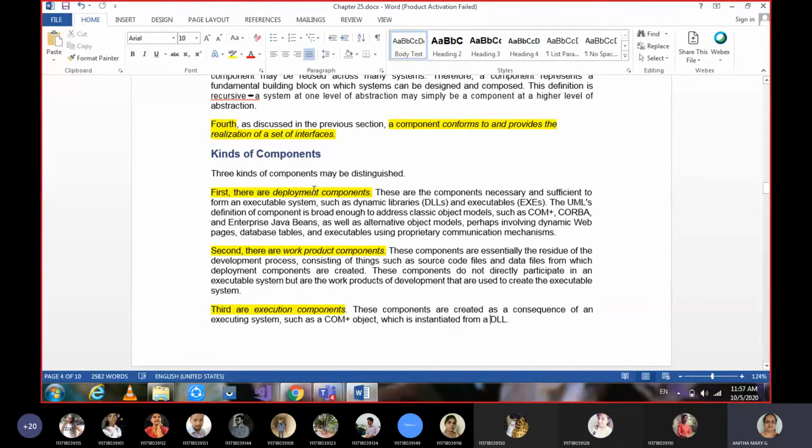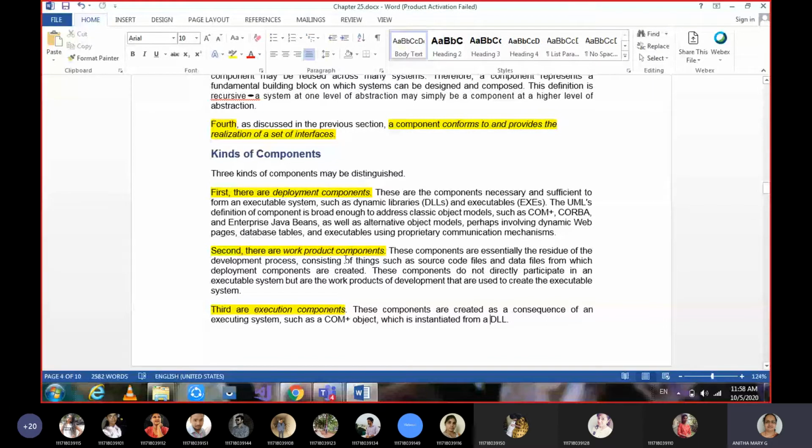At that time, the components having those contents may be .exes and .dlls only. So that's why we call them deployment components. If a component has a .dll or .exe, these are mostly used during runtime. Runtime means deployment only. Such things we call deployment components.